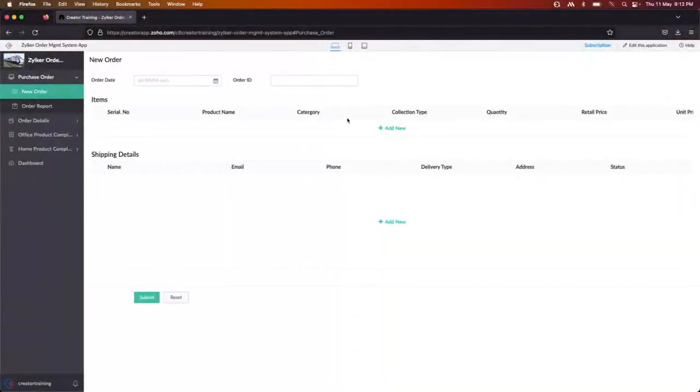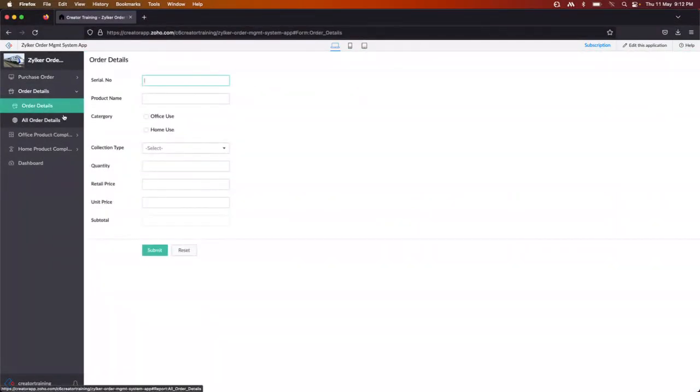I'll take you to the application first. Allow me to explain the application first, and along with that, we'll talk about this feature, right? So this is the Zilker order management application that we are trying to use over here. Now we do have purchase order. Under that, we do have new order and order report. This is nothing but a report which has been created, and all order details is there with the part of order details. So this is the form which I'm using, which has got the serial number, product name, categories